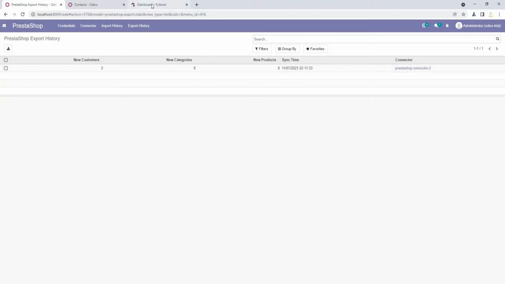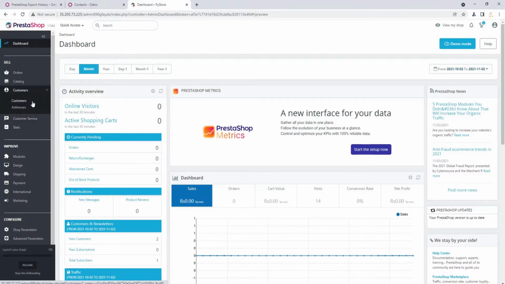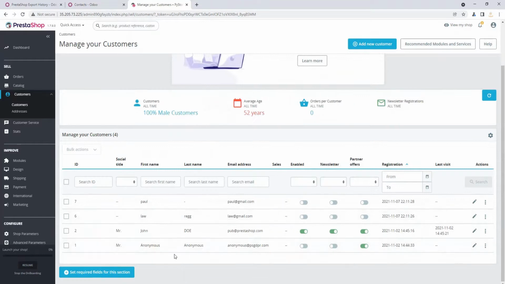Now in PrestaShop, I'm going to customers to check whether the customers were exported successfully or not. As you can see, both contacts, Paul and Law, were successfully exported from Odoo. So the export functionality works perfectly.